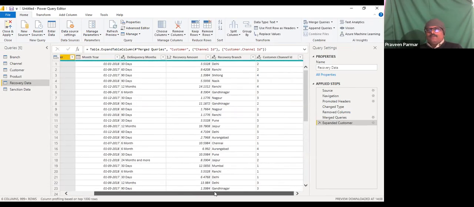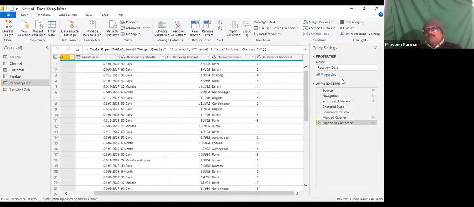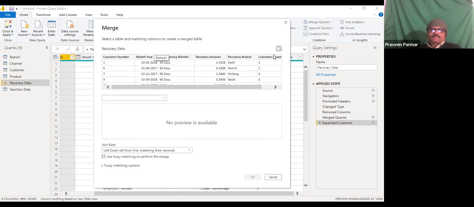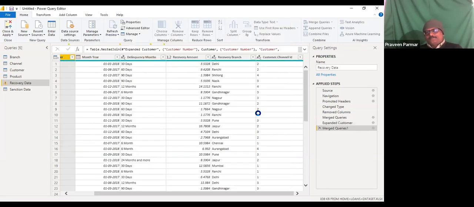And you will see customer ID is there. I want to add another new column. So what I will do, merge queries. Here customer table, select both, and OK.